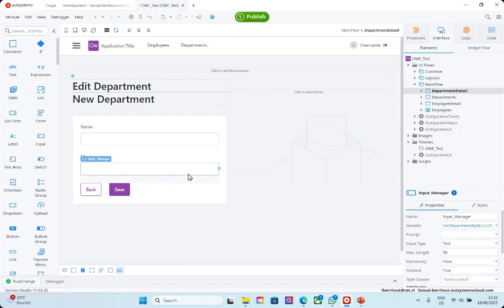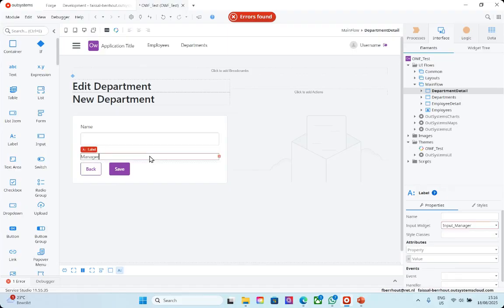Now, what I want to do is change this into a combo box, and I want this input that I will be putting here to show all the existing employees, so I can make one a manager of the department. So what I'll do is remove this one, and